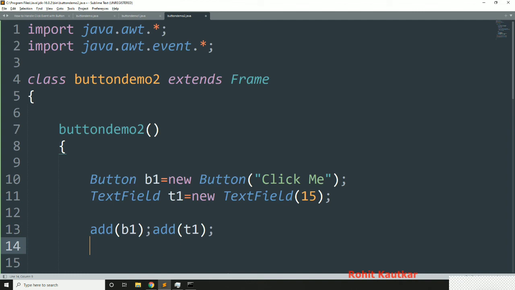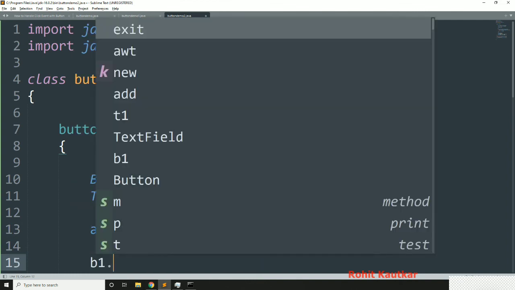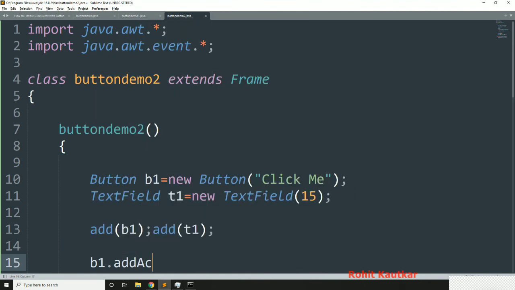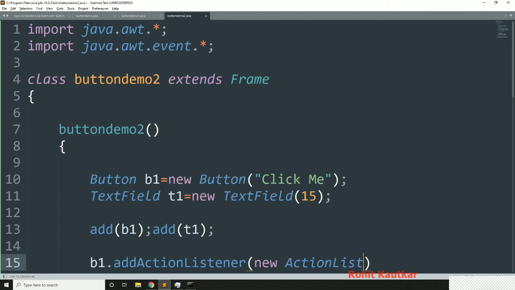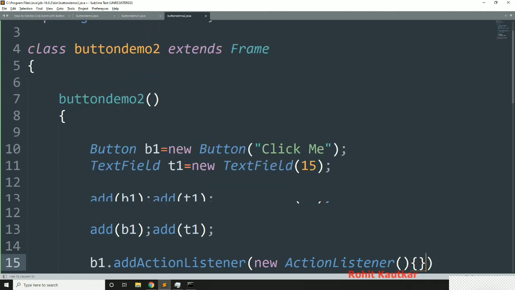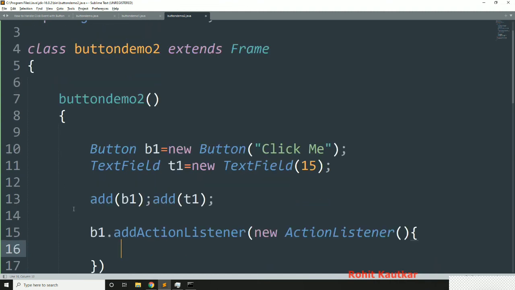Now how will we add the action listener to our button? Here itself I will write b1.addActionListener, and within this method we will create the object of the ActionListener class. Here we will implement the actionPerformed method like this.